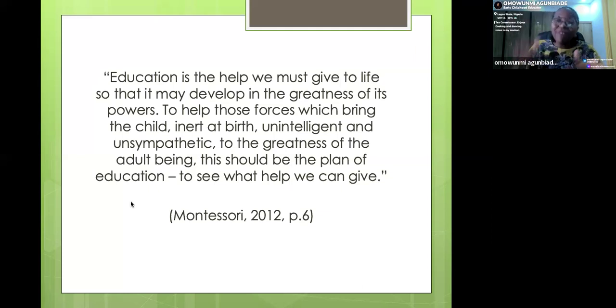Since all children develop through the same fundamental laws, educators must create a favorable environment that will respect these universal stages. So the goal for us as educators is to support the natural learning rather than impose rigid instructions. The natural learning is knowing that every child has the potential to become what they're supposed to become, if only we give them the appropriate environment.